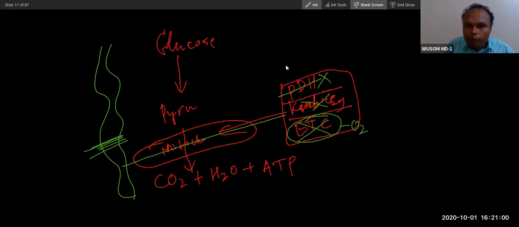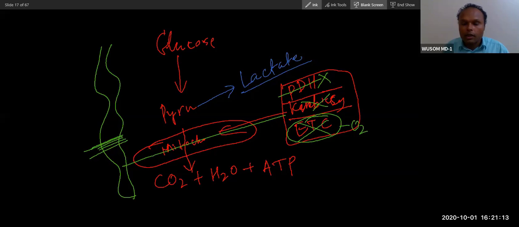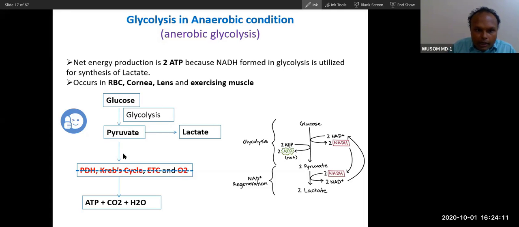The pyruvate has no choice but to go for lactate. This is a pathological condition. If you understand this flow, you will understand there are many causes of lactic acidosis. We will talk about it at last. Lactic acidosis is a very important condition, and it happens because of a blockade somewhere. Remember this model, glucose into pyruvate. If there is any block in mitochondrial enzymes or the electron transport chain, or lack of oxygen, the pyruvate will not be able to cross this